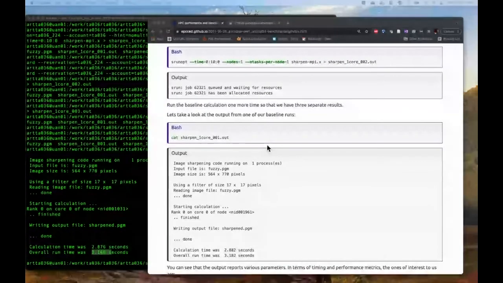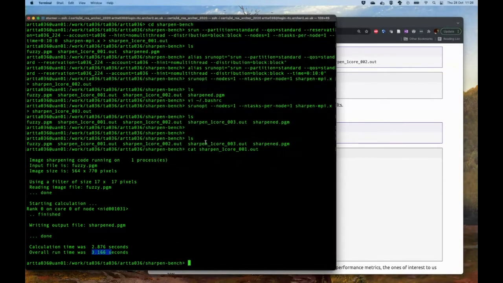So as George said, what we need to do is check the output data to make sure it's correct and that we've got some results that we want. So that's what I've done here. I've used cat just because the output data is quite small for this program. You may want to use something like less if it's a bit longer, so you can scroll backwards, up and down it. But I just used cat here and looked at the data from the first of our runs from the baseline,